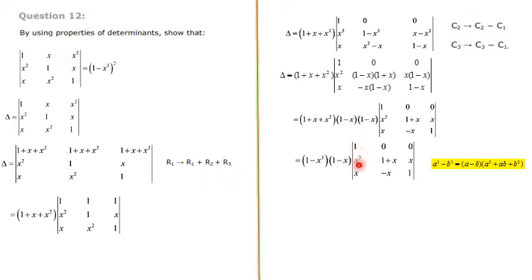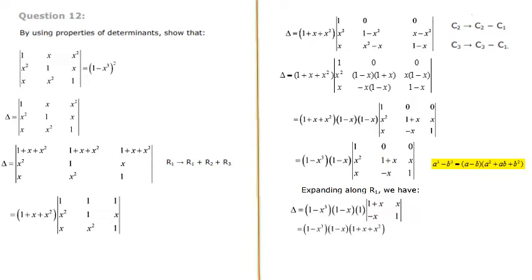Then again the balance determinant is 1 0 0, x square 1 plus x x minus x 1. Then go for expanding along R1, row number 1. When you expand it, delta is equal to, outside terms are same, 1 minus x cube into 1 minus x. Then first element we have to take, the sign is positive because 1 1, first row first element, 1 plus 1 is 2, 2 is even, that's why sign is positive. So 1 into, that row and column is eliminated, balance is 1 plus x, x minus x 1.